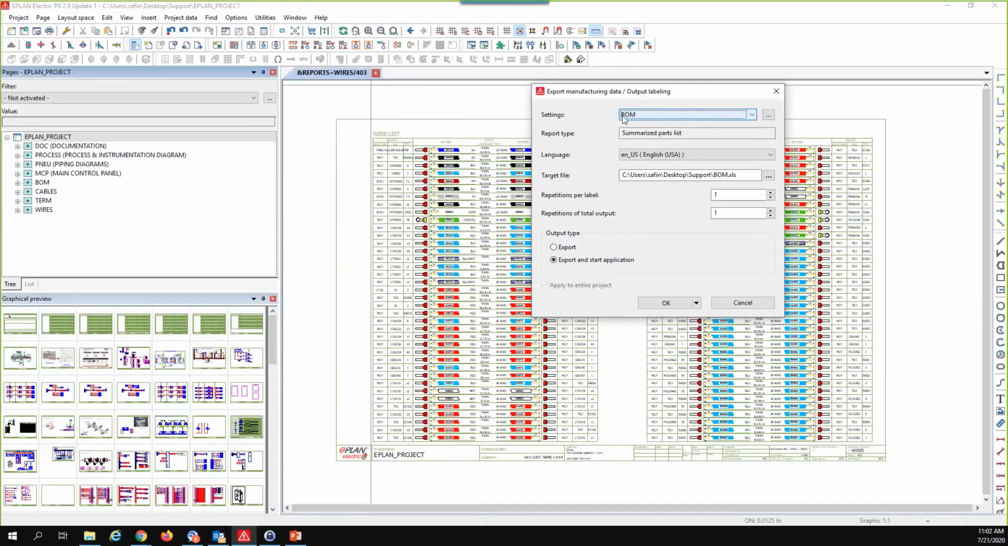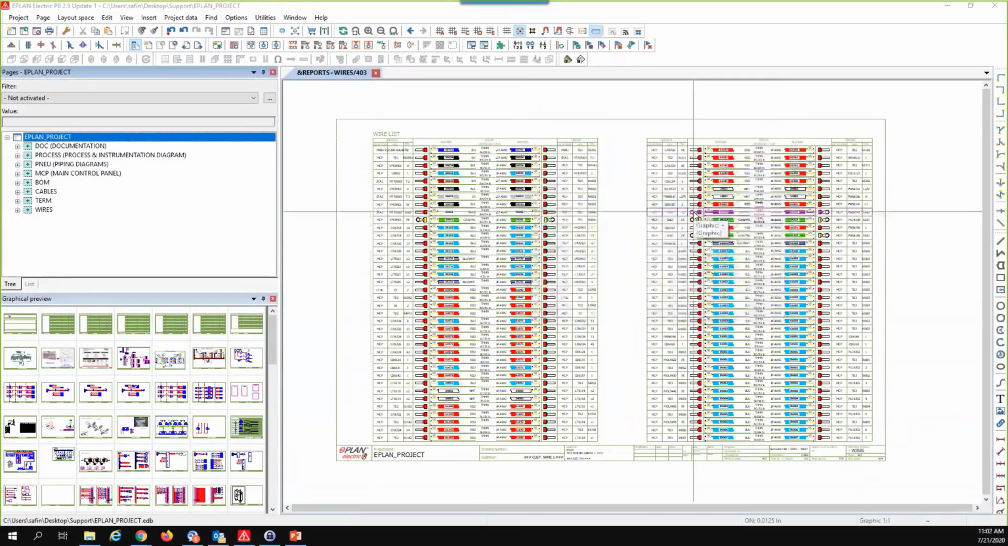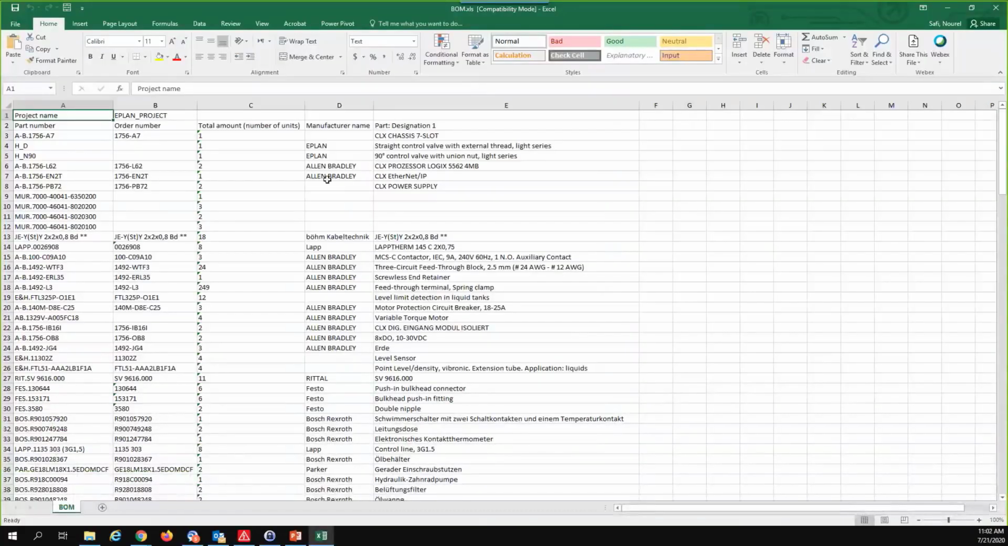So now I'm just going to do the bill of material at once, and I'm going to say export and start application. And you can see here, I can see the name of the project on the top, and you can see the properties here: part number, order number, total amount, number of units, manufacturer name, and designation, which is a short description. Here's all my part numbers,